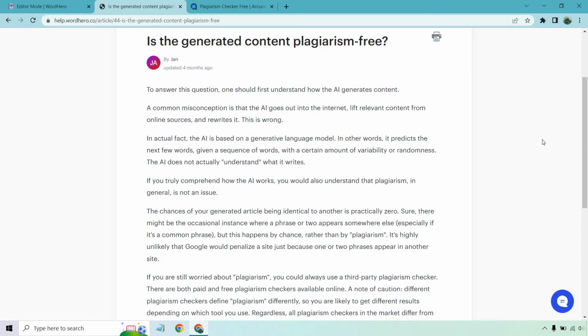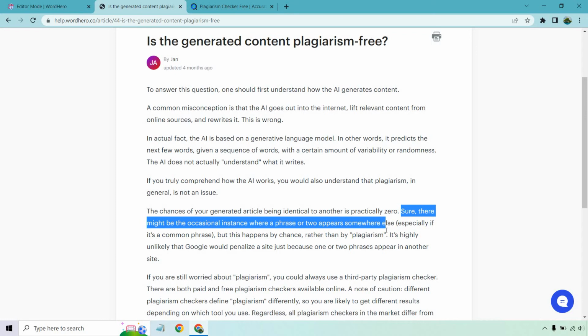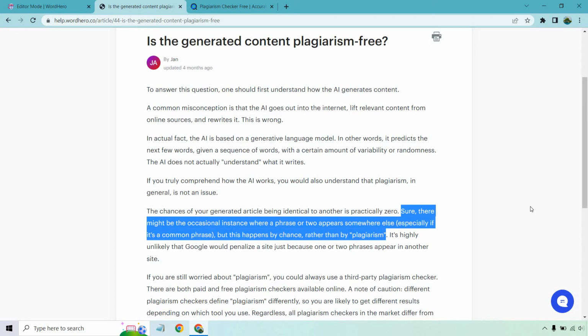It's kind of similar to when you're writing yourself. This is what I want to highlight the most. There are going to be some chances where, say you put it in there and it's like 2% plagiarism, but there's a lot of phrases and terms that you can use that have just been used so many times. Like, my family sat down to eat dinner. How many specific times do you think someone actually wrote that in an article on the internet? Like, I'm sure it appears everywhere.